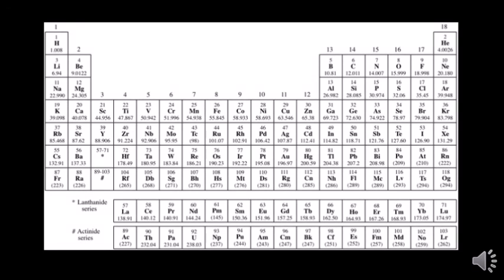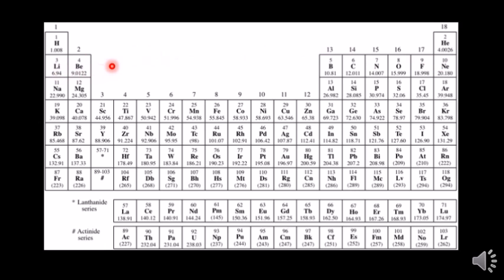The periodic table was originally organized by Dmitri Mendeleev, later refined by Henry Moseley. It's arranged by atomic number, which is the number of protons that we have. So beryllium would have 4 protons. And this atomic number also tells us the number of electrons that we have floating around in the electron cloud